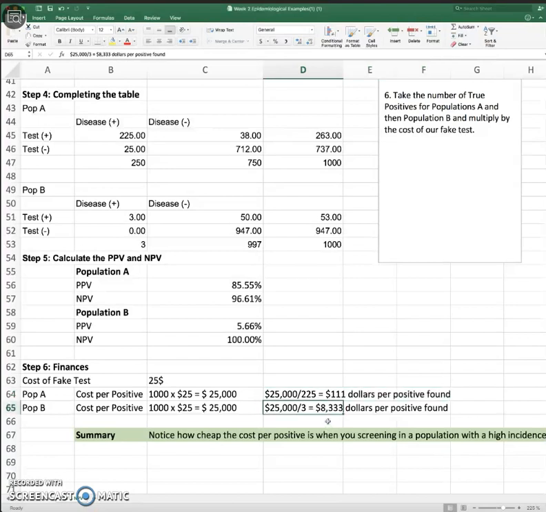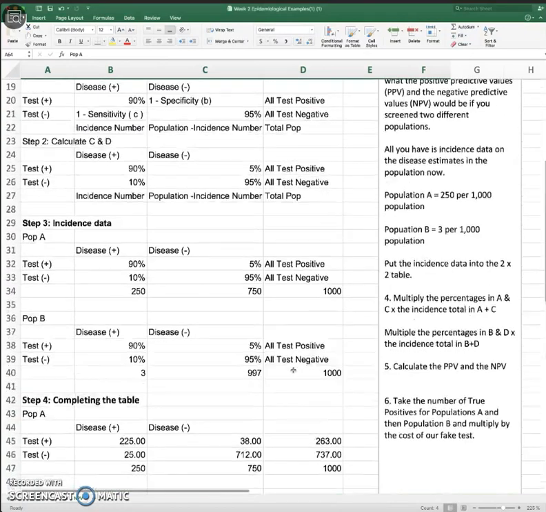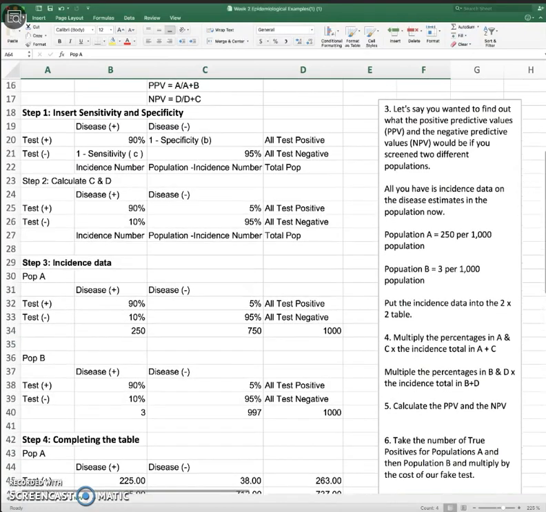Whereas if I screen population B, I have spent $25,000 to find 3 cases and potentially only saved 6 people from getting HIV. So the case is clear. Screening in population A is a much more reliable way. Now, you are going to be completing this entire table with your own